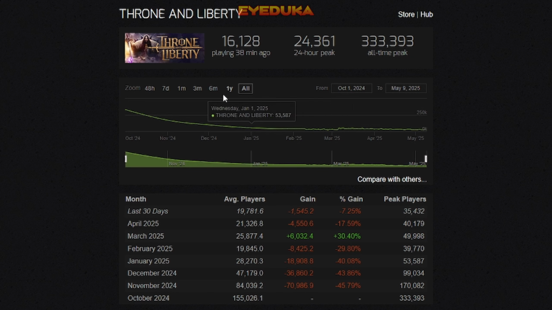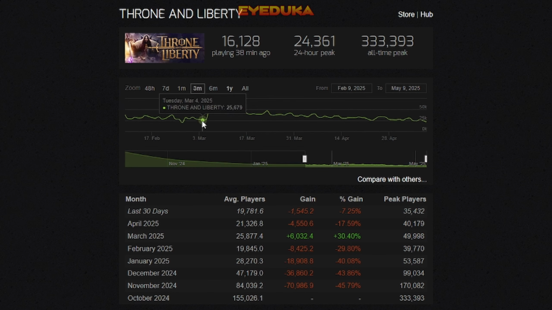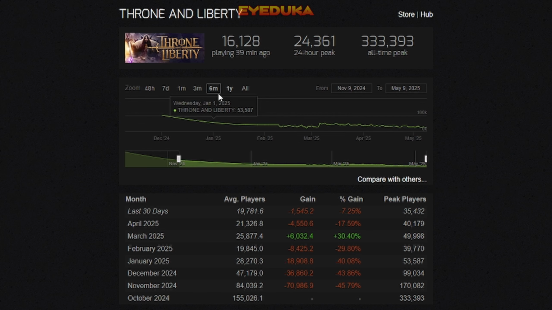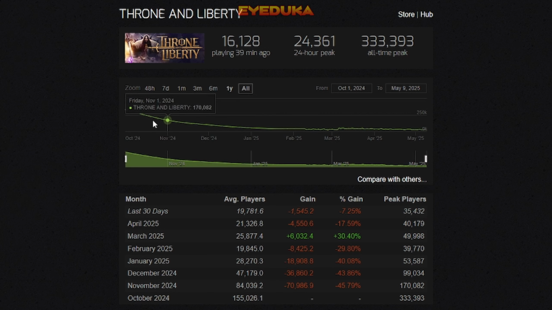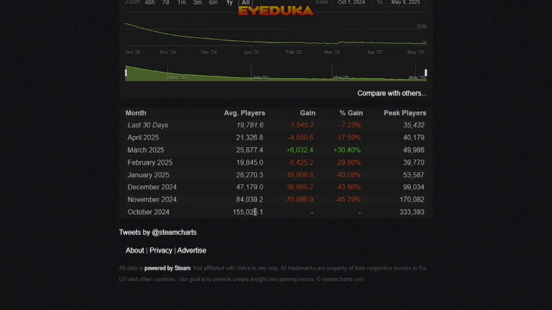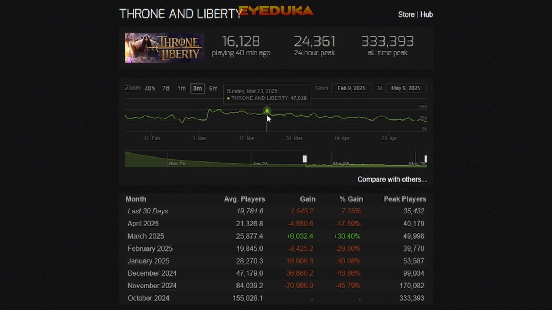We had one spike here, which is basically the expansion. But this spike from an average of like 30,000 players went up to about 50,000, which is not even double. It really quickly went super low. Like you see, just 1 month later, half the people, around 170K the peak, the average players then lost 50%. It just keeps losing, you see. This spike here, just 30% up from the previous one, was because of the launch. Most gamers don't really need to know stuff like that. But if you look closely, you see that gradually it keeps going down.